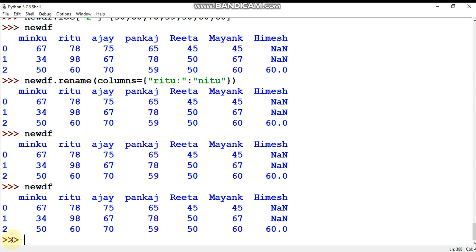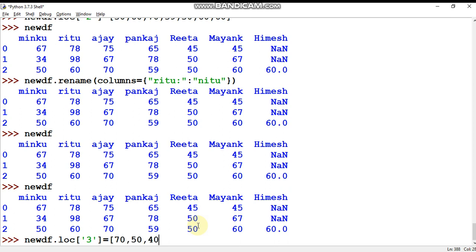So the procedure is very simple. Just use the data frame which you have created. So I have created new df, dot use loc method and pass the index where you want to add a new row. So I want to add a new row in index 3. So you can use it here and just pass the values which you want to insert. So you can see here how many columns are in this row. So 1 2 3 4 5 6 7. So 7 values we need to pass here.